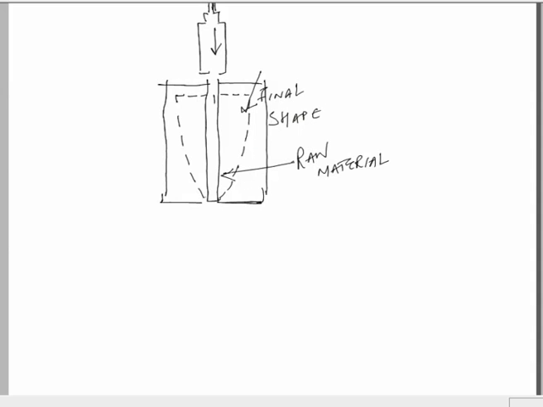So when the air would be blown inside this raw material, the raw material is often called a parison. So we have a raw material and hot air is blown inside this parison. This is our parison, the area that I am highlighting. This is our raw material. The hot air would be blown inside this and this would inflate to take this shape.